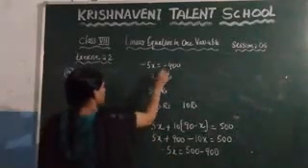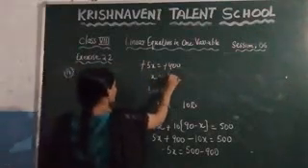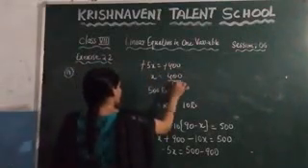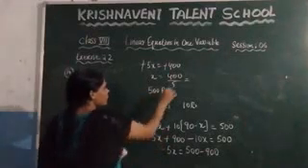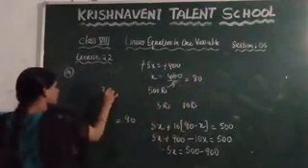So what is the value of x here? This minus will get cancelled. You will get x is equal to 400 by 5. After calculating, 5 8s are 40, so you are getting the x value as 80.